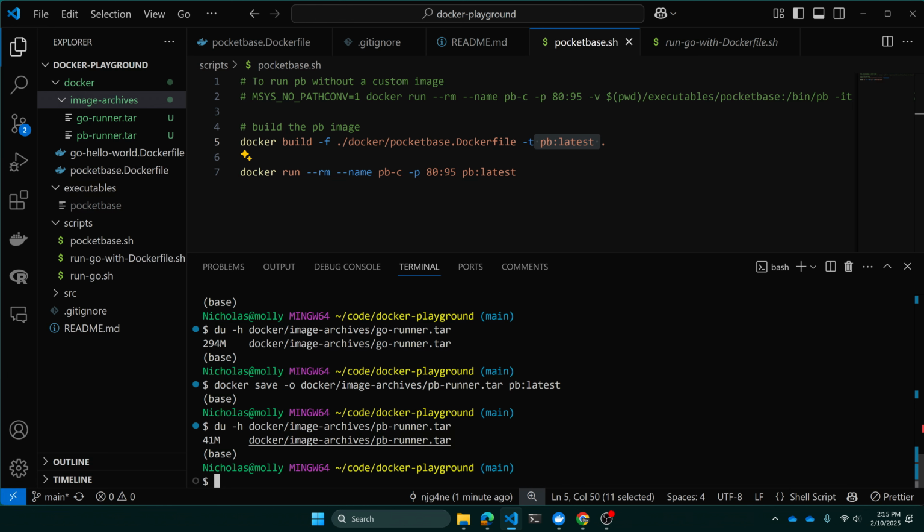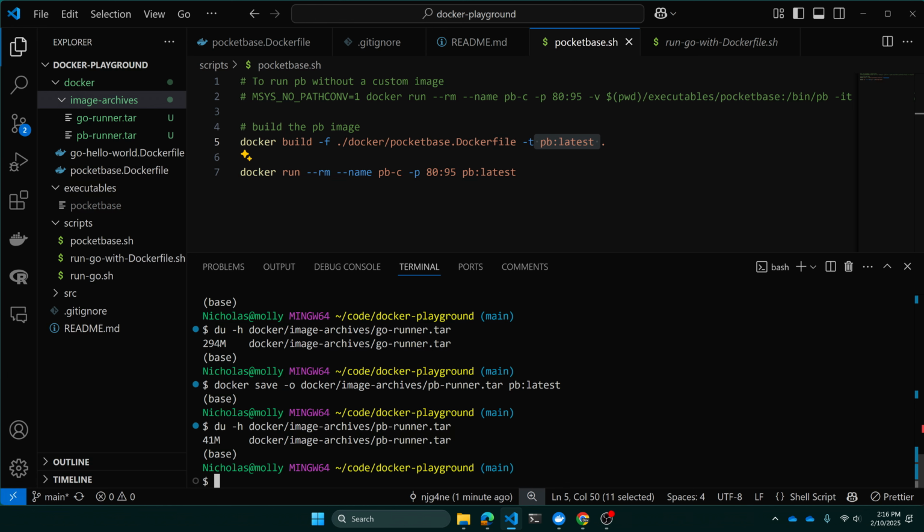But there would be ways you could distribute these files, like sending them via cloud storage or some other method. You could just put this on a USB drive and give somebody the USB drive, and they could recreate your image. We'll see how to recreate it in a second. But